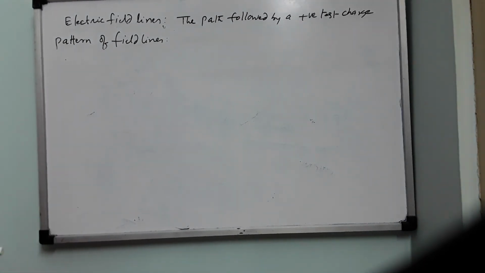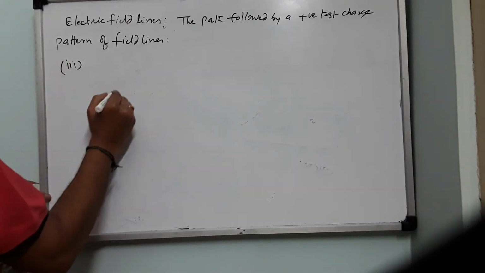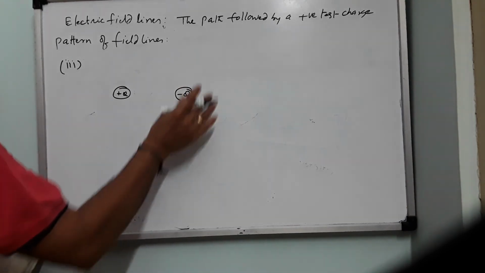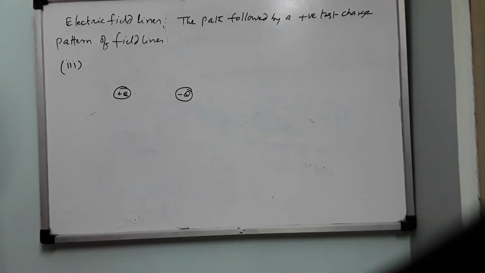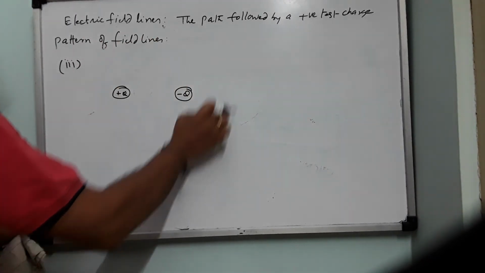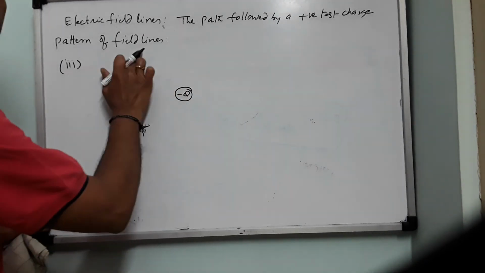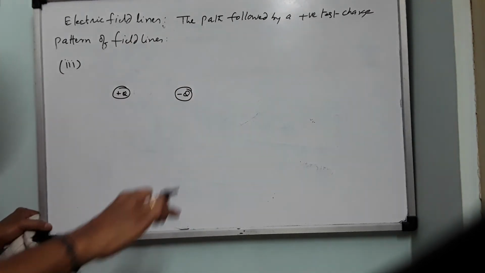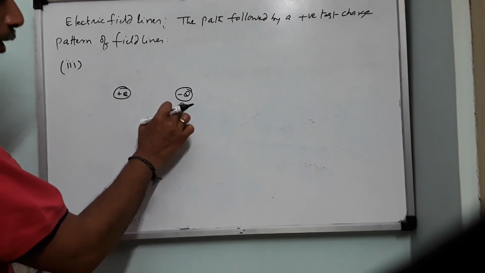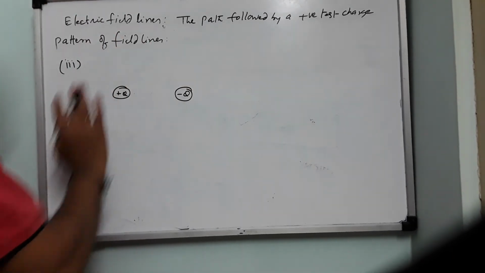In the third pattern, this is 3. We have source charge plus Q here, and at some distance minus Q. Both of them exist in the same system. Now, this will produce an electric field, and this will produce an electric field. The net charge on the system is going to be 0. But we have seen in the application of the principle of superposition that though these two charges produce a net charge of 0, the electric field produced by them is not 0. So these two fields will not cancel now.